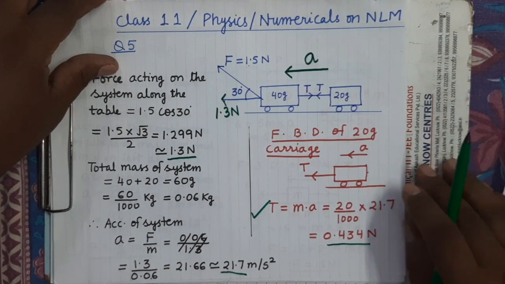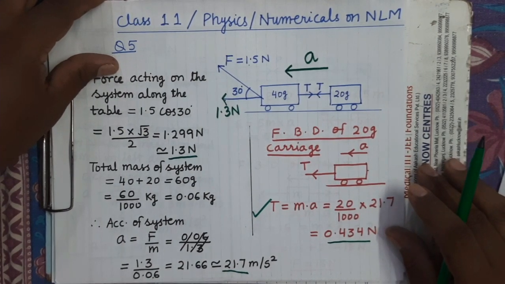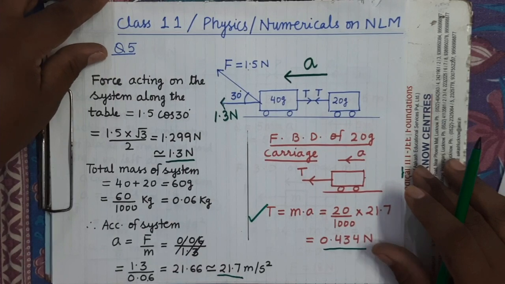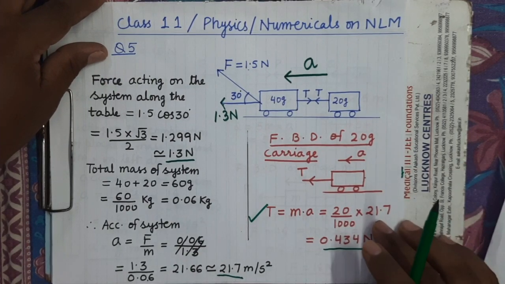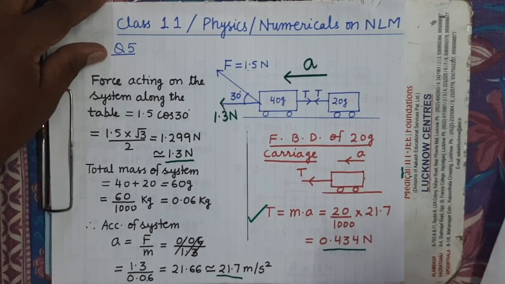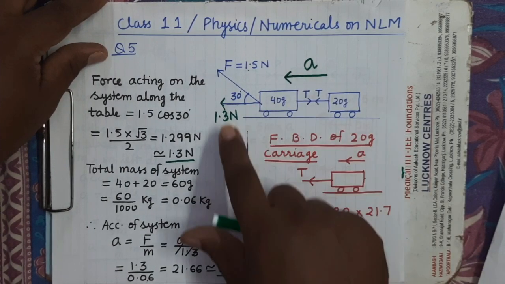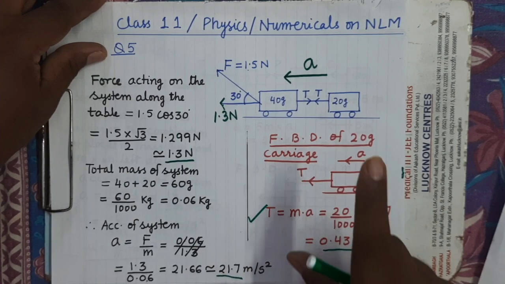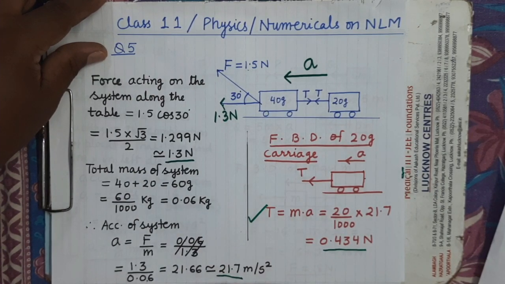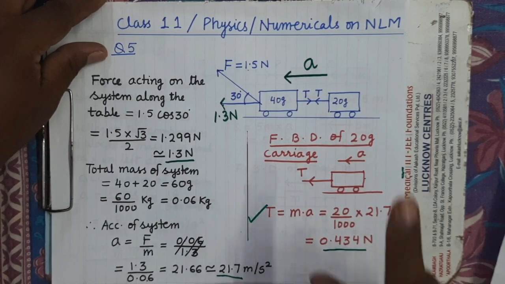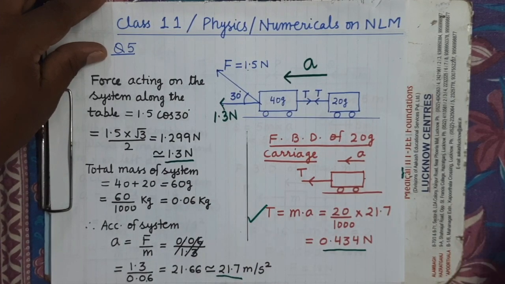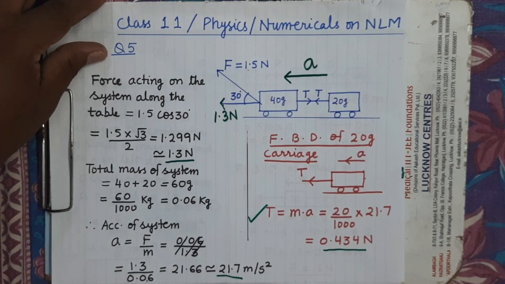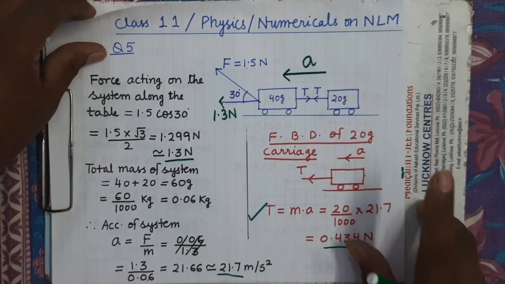Now I am going to take one more question, question number 6. So what is the concept of this question? Here, this is the motion of such connected bodies that all bodies are moving the same distance in a given time. And when all the bodies connected in the system are moving the same distance in a given time, then they will have the same velocity, they will have the same acceleration. It's clear. This concept we are applying.